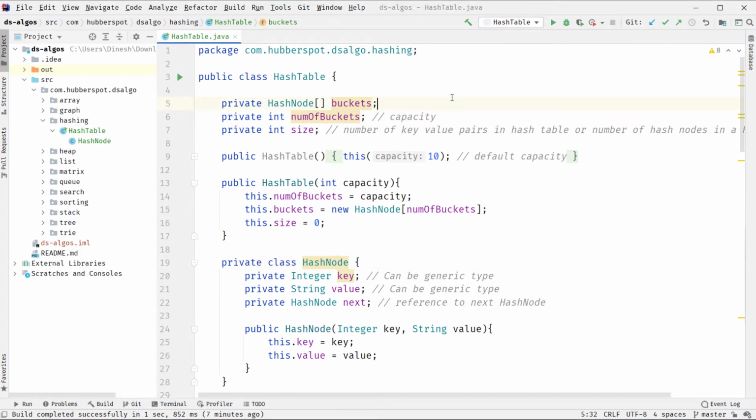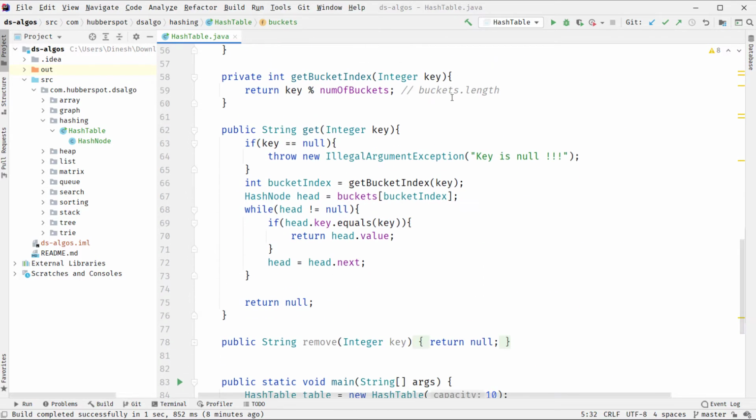Hello everyone. So in our previous video, we saw how we can remove a key from a hash table, and we saw the working of the code through an animation. Now in this video, we'll actually code the remove method, which takes in a key and returns back the value associated with the key which we are trying to remove.